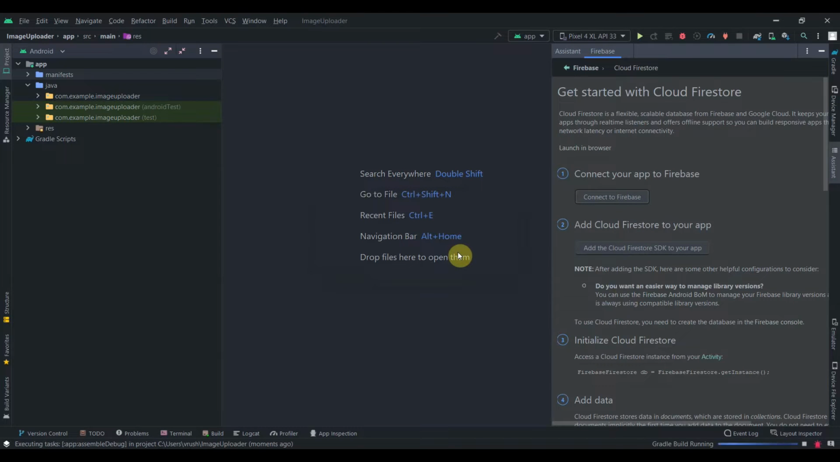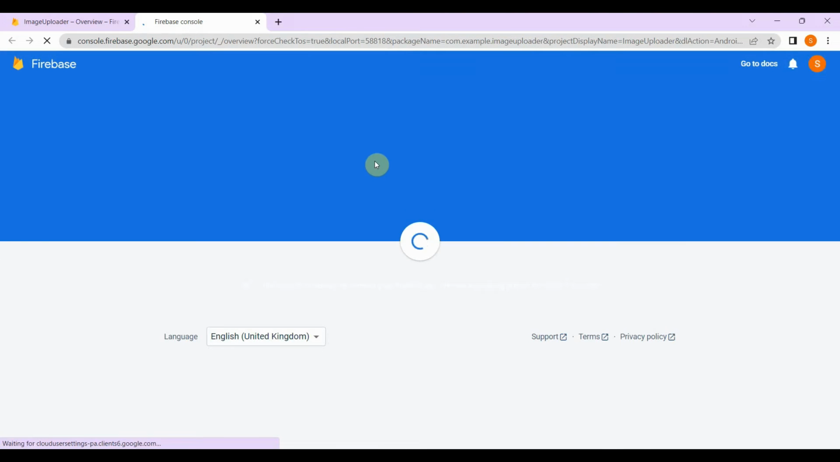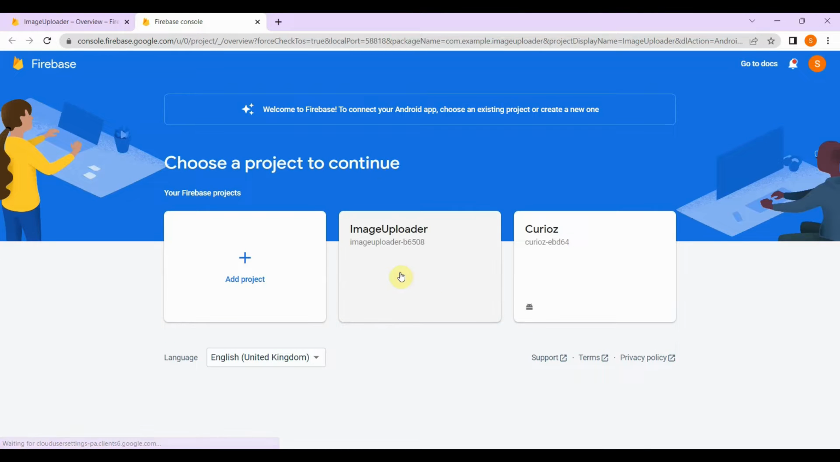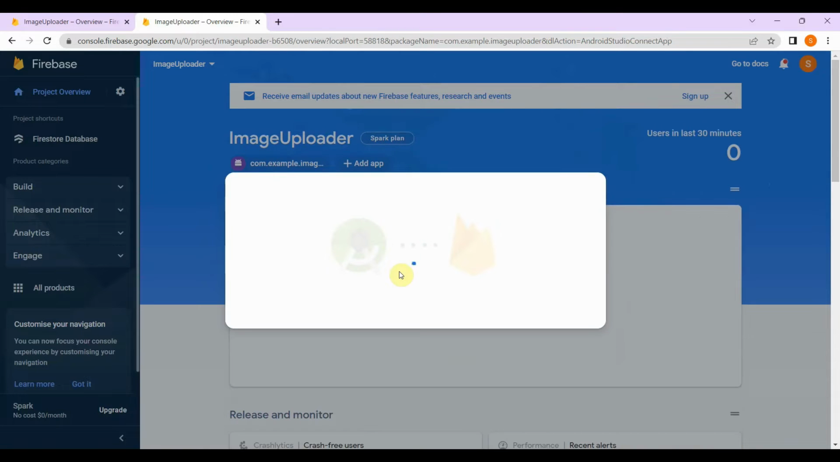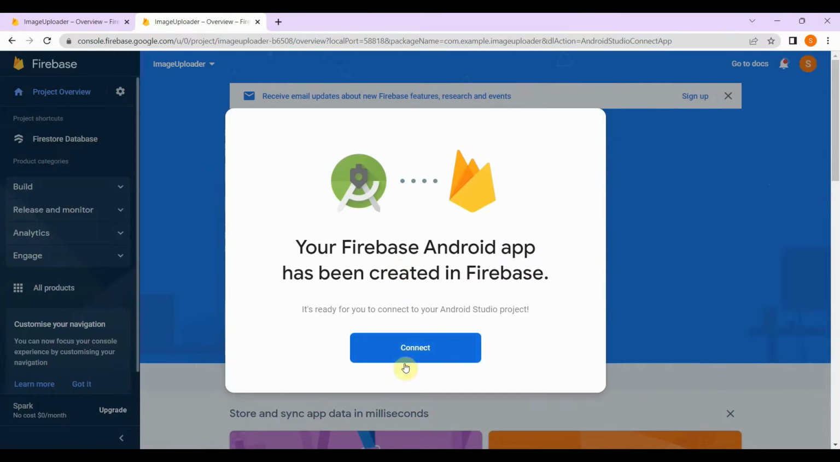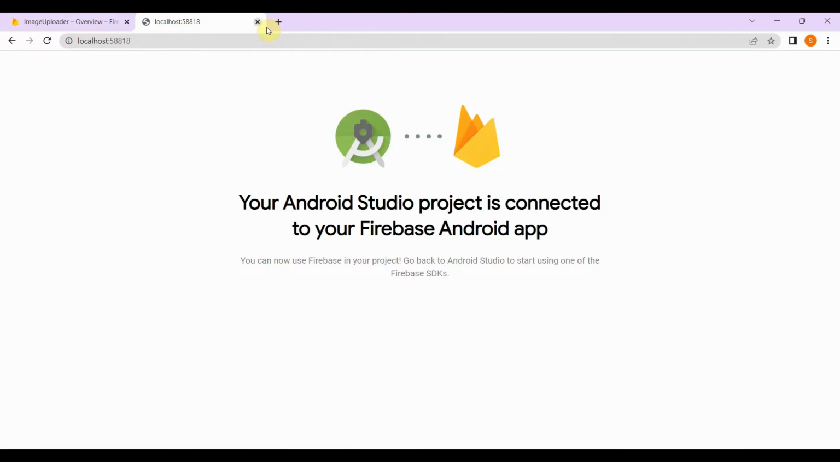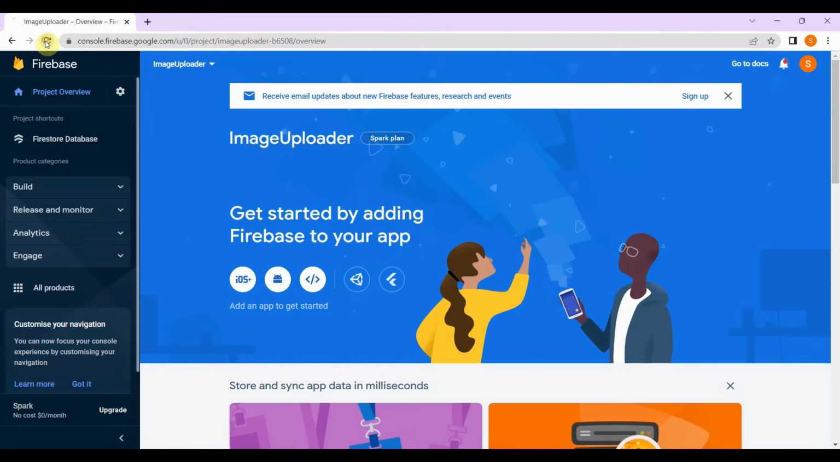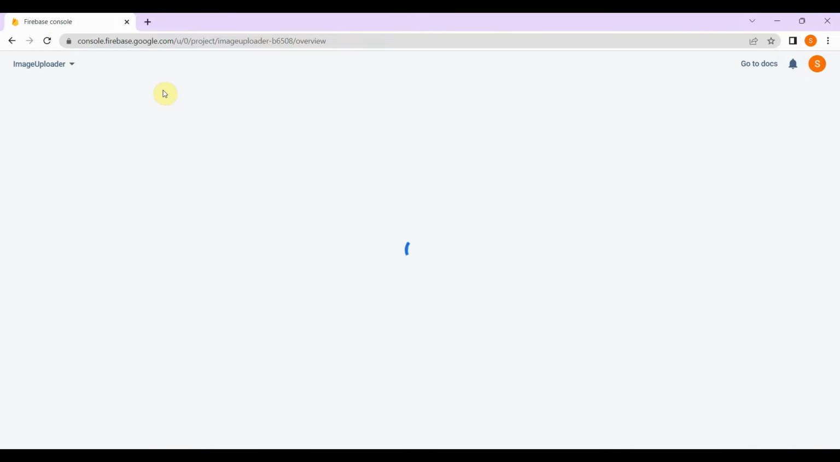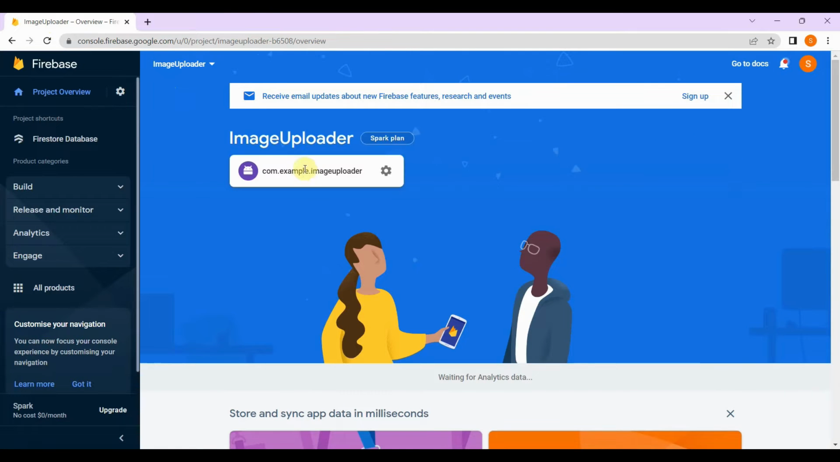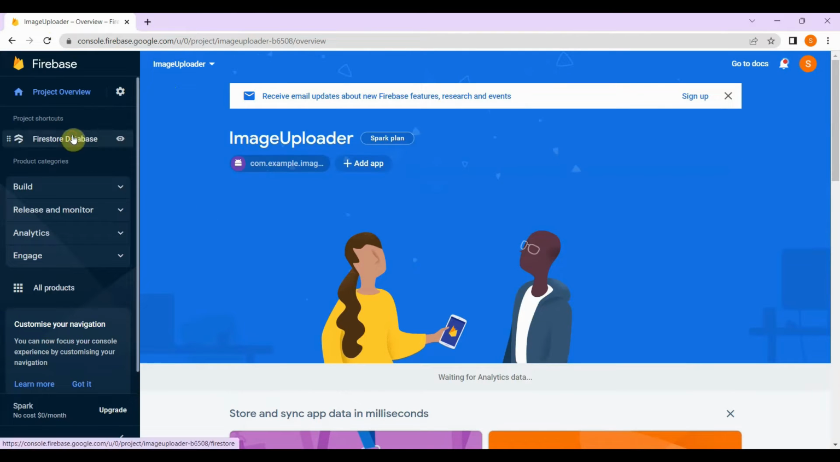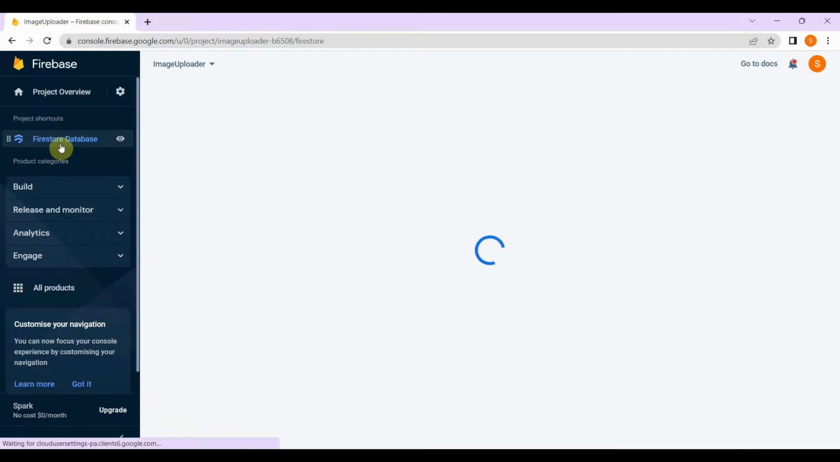We need to build our project once. So as it is built, now I'll click on connect to Firebase, and this will open Google Chrome. I'll select this image uploader, and it will connect our app to this image uploader project. Click on connect. Yeah, it is done. Now I'll refresh this, and as you can see, this project has been already added here. So I have enabled this Firebase database,